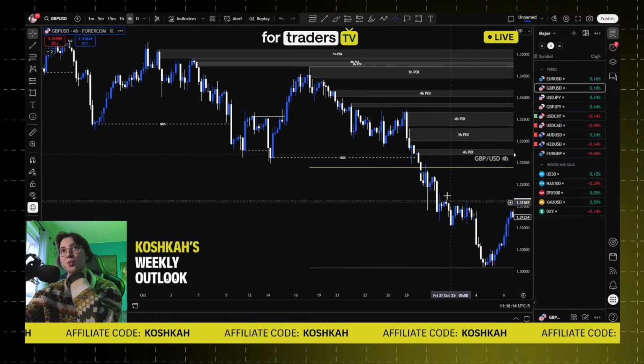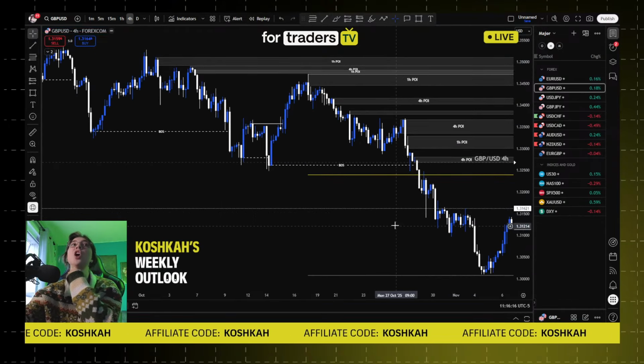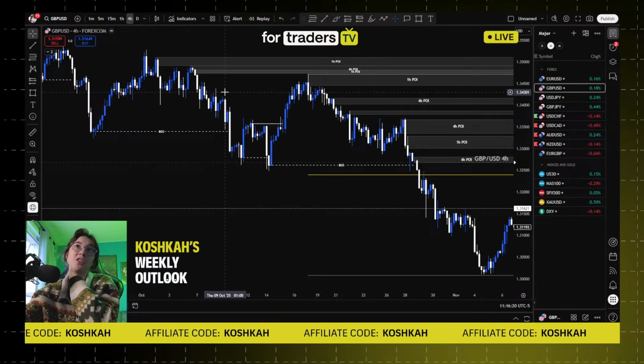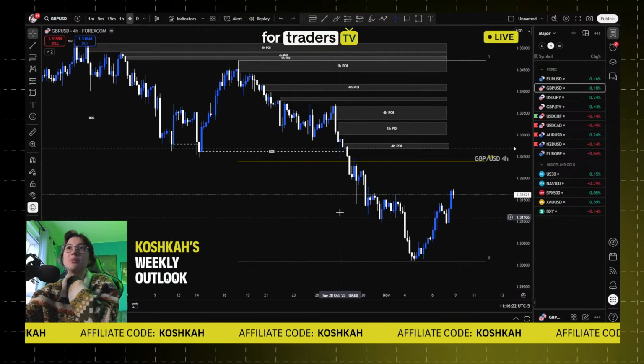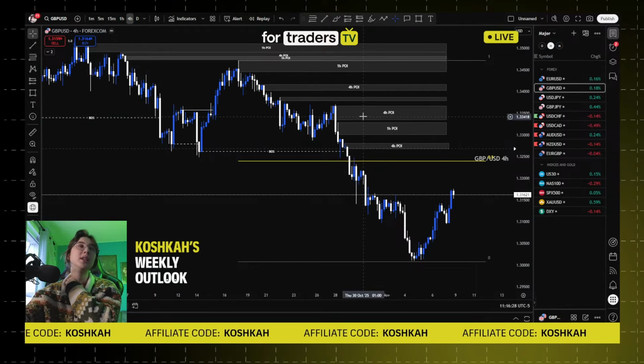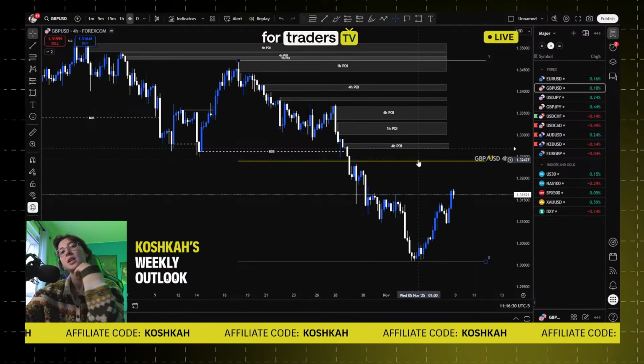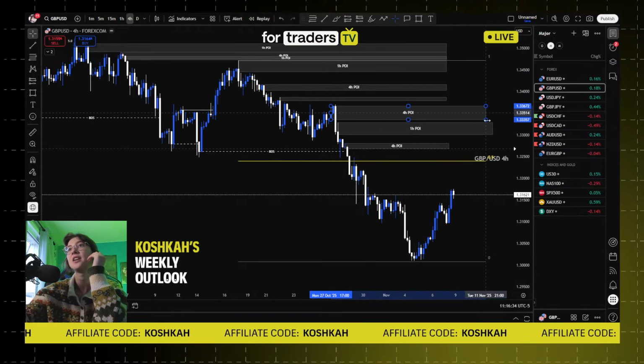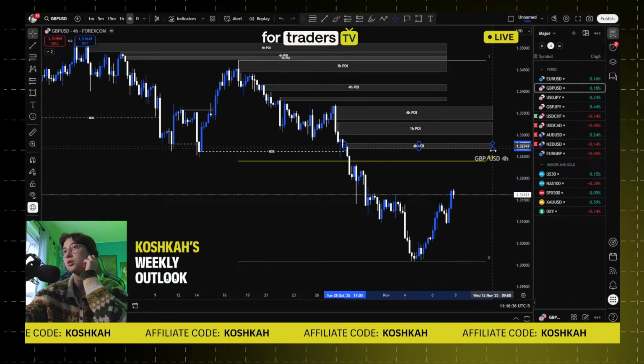Remember, on the previous week we were saying that there was really a lot of POIs. It's still the case. There's still a lot of POIs. We still didn't mitigate any of them, and of course we're not entering only on a POI, right? We need to wait for a confirmation. We need to wait for a POI mitigation, and then for a 15-minute change of character / break of structure